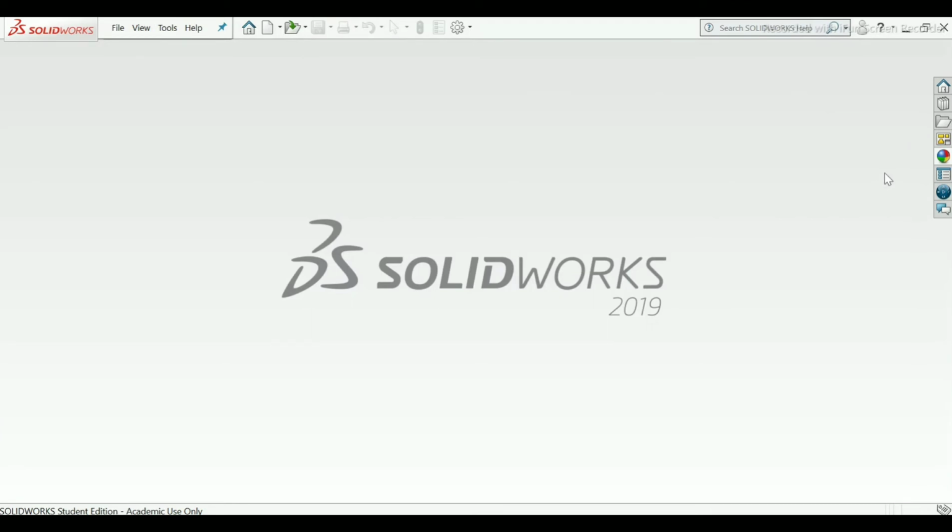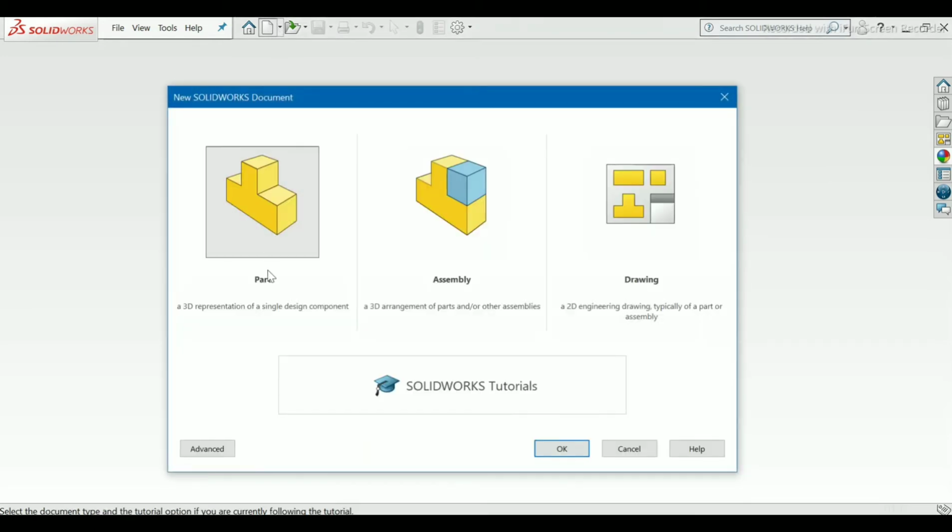So our next component will be the clamping plate. So again select the part. OK.